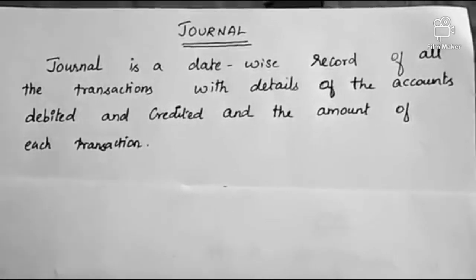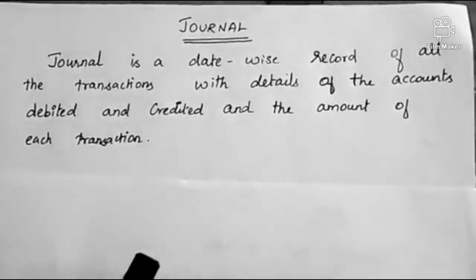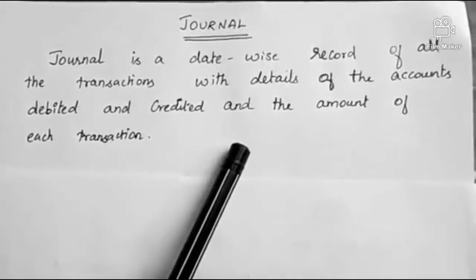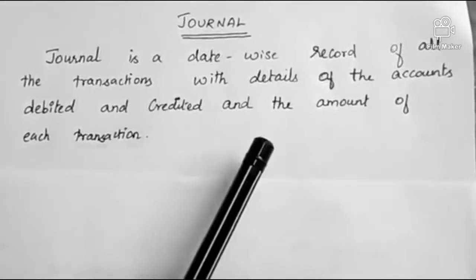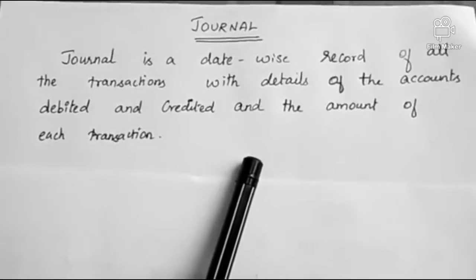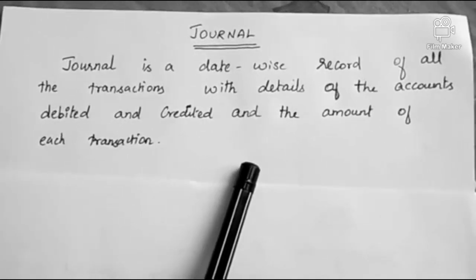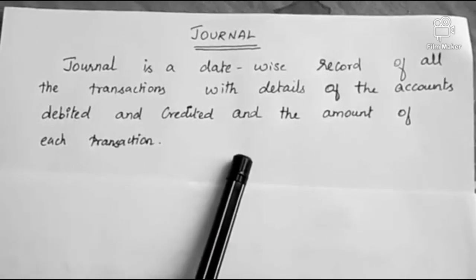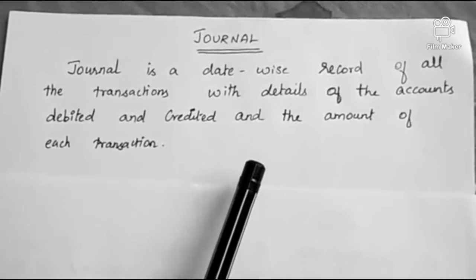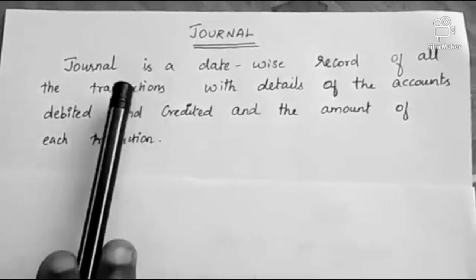So the journal is the original book of entry where we record all the transactions, whether it is a 1 rupee transaction or a 1 crore transaction. All the transactions should be properly recorded in the books of accounts, which is called the original entry, that is, the journal entry. After making the journal entry, you can go for the ledger and trial balance, and finally you can prepare the final accounts. Without the journal entry, you cannot proceed with any accounts. So the journal is a prime entry. It is the original entry where you can find all the transactions. All the transactions should be properly and systematically recorded in the books of account, which is called the journal.